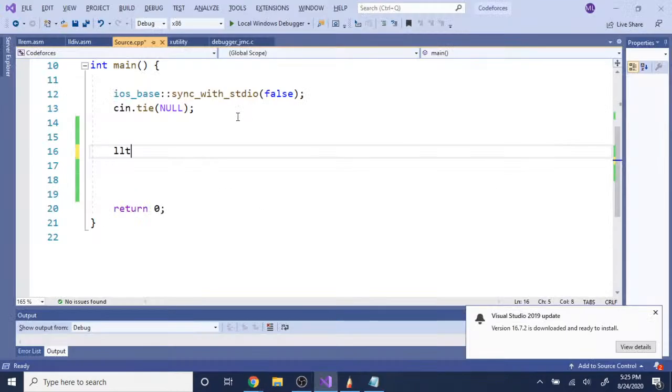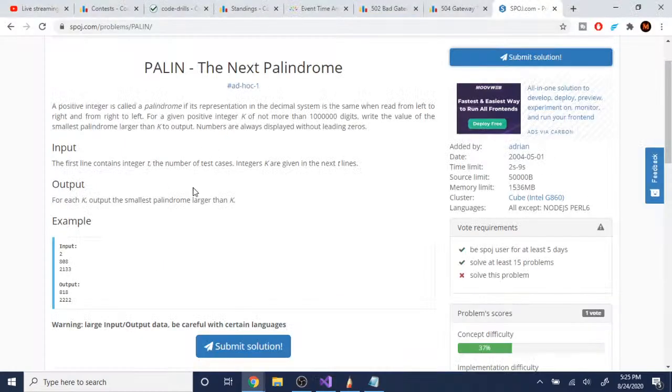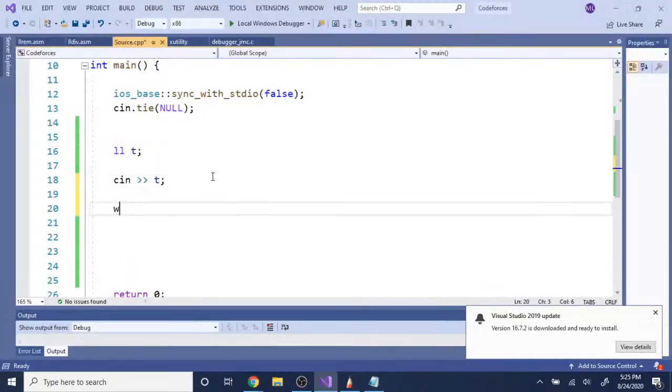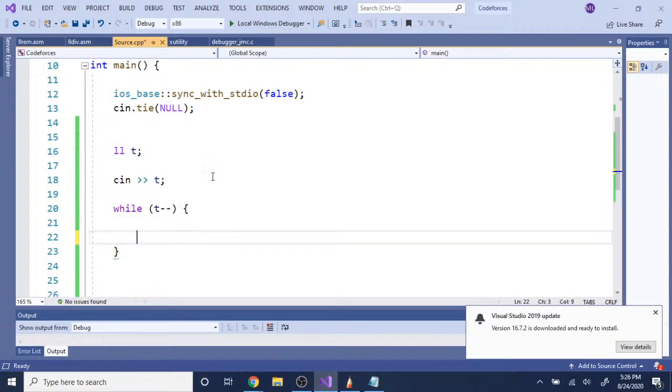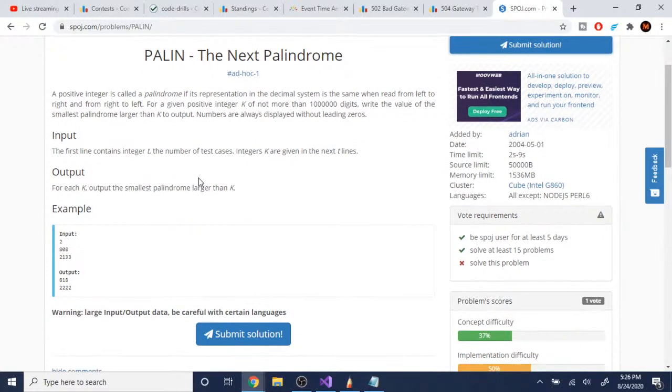Okay, so we have T test cases. We're going to read in T. Now what we need to do is output the smallest palindrome that is just larger than K. So we're reading K. I'm thinking whether or not we should use a string. Okay, so let's look at this. If I want to output the smallest palindrome larger than K,